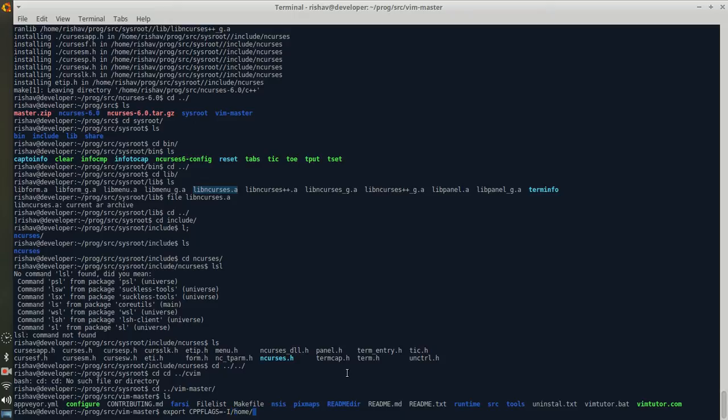So I have to search in home rishav prog src sysroot and include. This is the directory in which you have to search for the header files. And LDFLAGS,